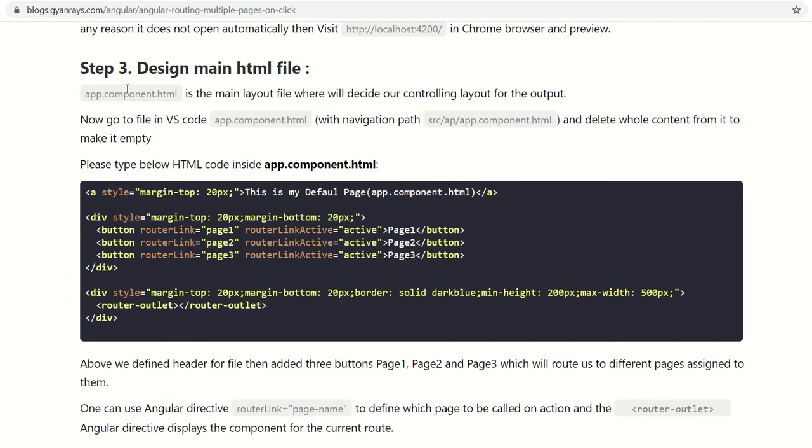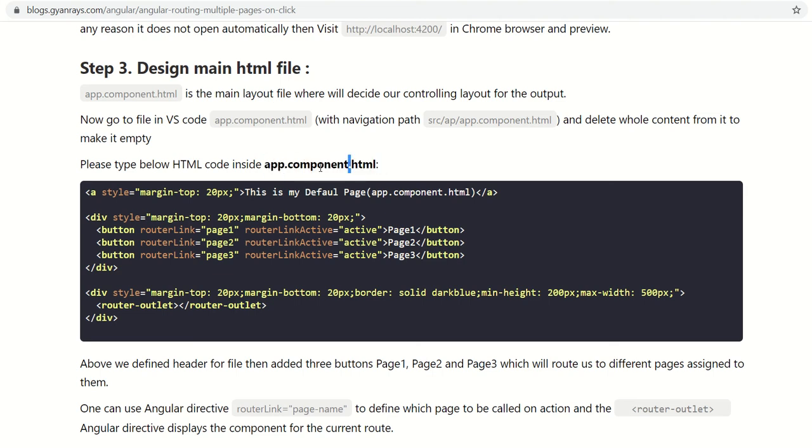Now we can design the main HTML file. Well, the main HTML file is app.component.html. Here whatever we write will be used as a triggering point, right? So we want to have 3 pages in our application, and the default controlling of these 3 pages will be handled by app.component.html.